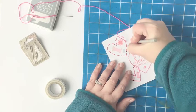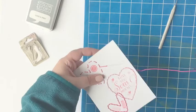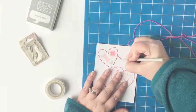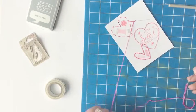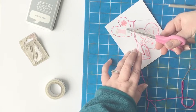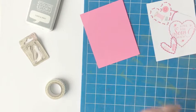So I have gone ahead and I have stamped the needle. And now I'm taking my thread and I am going to thread it through the needle. I've just pierced 2 small holes. And then I'm going to bring the thread back up through and just kind of loop it through and trim it off and then leave it so that it looks like the needle is still in process of stitching that